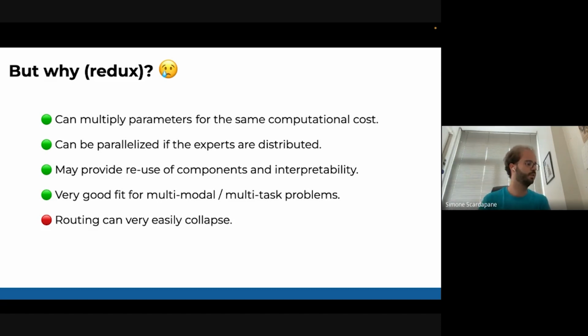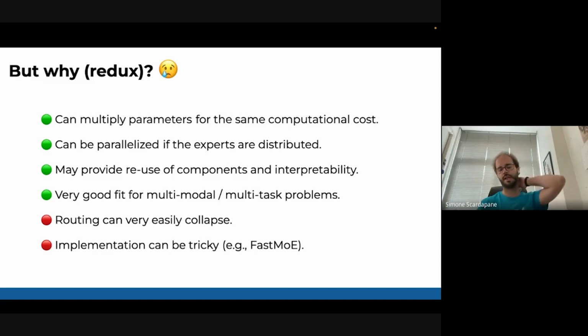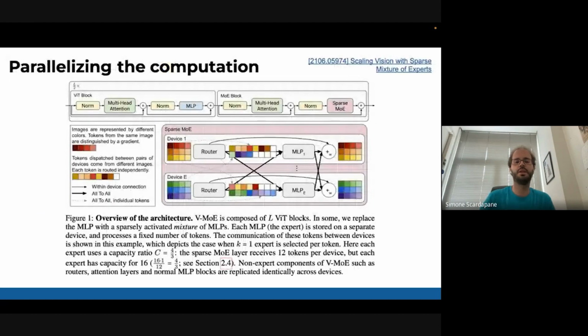I don't have time to go into the issues, but for example, routing is a little bit difficult because it can collapse, like GAN collapse, etc. So sometimes the optimization will just use a very small number of experts. And implementation is tricky. You typically need some additional libraries, especially if you want to truly parallelize everything.